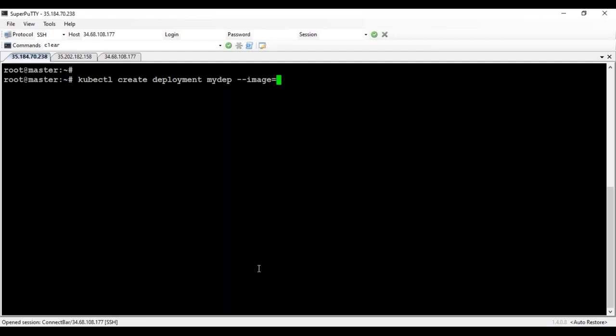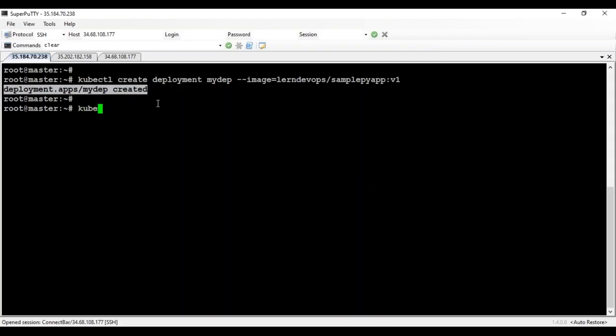Just to prove to you that load balancing also works here. Just look at this. This is a custom image which is still available in the Docker Hub. You could use the same thing if you would like. Sample py app, which is version 1, which I'm going to use. Learn DevOps and this one. So let's look at this. Now you see that deployment mydep created.